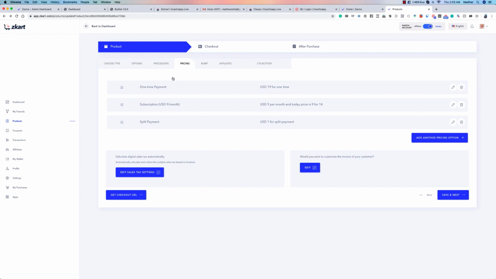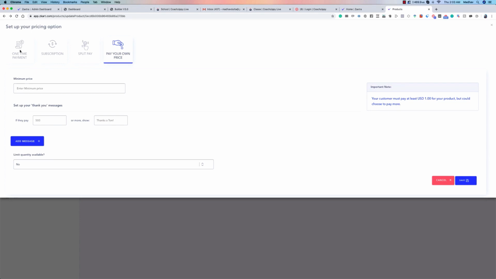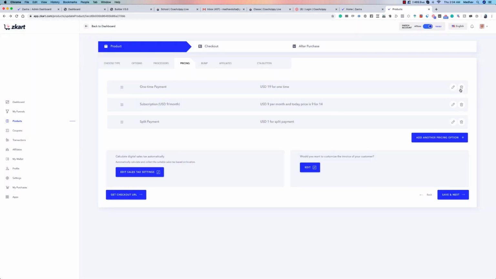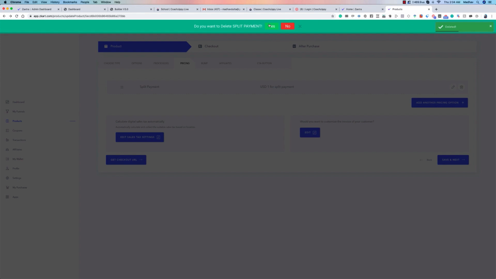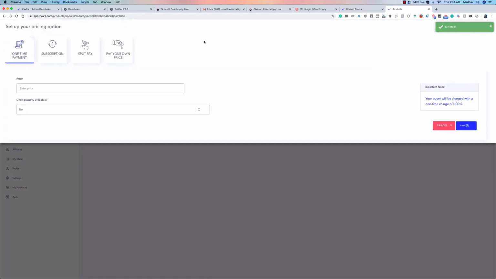And then there are pricing options. Okay, so let's just take a look at these pricing options. Options are one-time, subscription, split pay, and pay your own price option essentially. So let's just delete this for now, the ones that I had put in earlier just for demonstration purposes, and let's do this new so that you